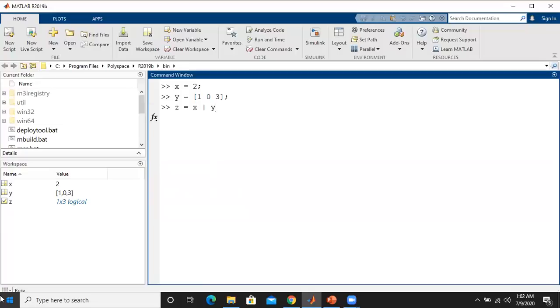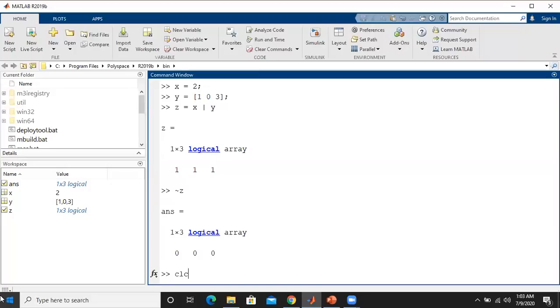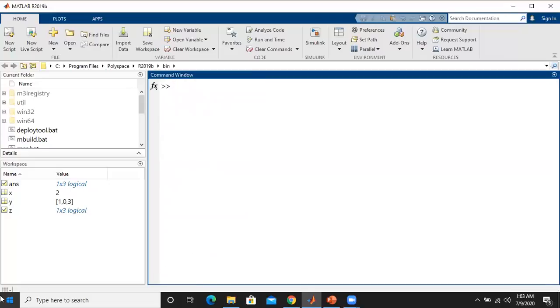Then I will get the logical array as 1, 1, 1. Now if I want to find the negation of that z, I can find the negation of z, so that I will get the logical array as 0 0 0. If it is non-zero, then we get the logical 0 there. That's it.